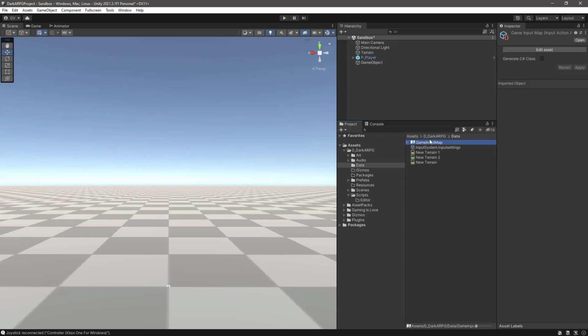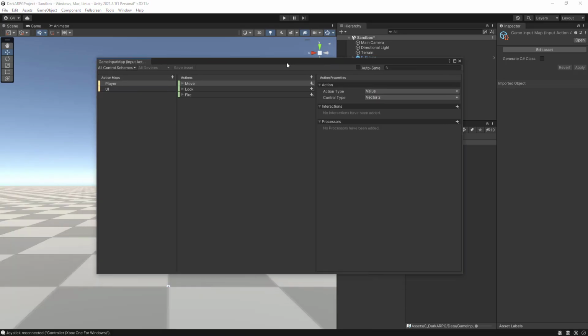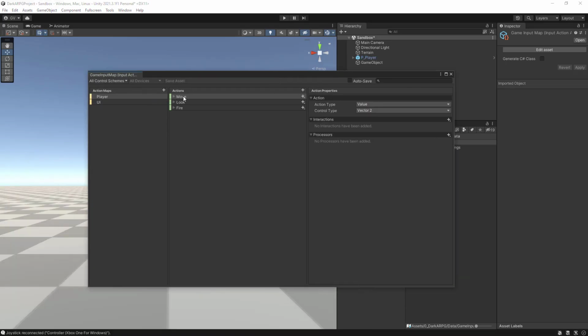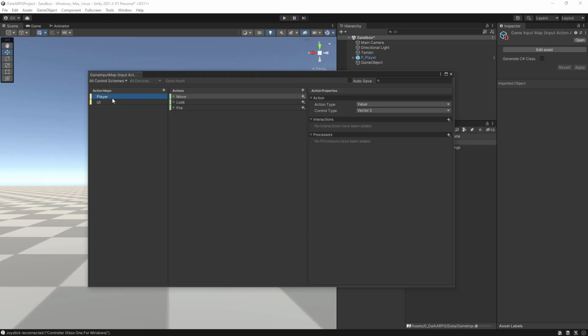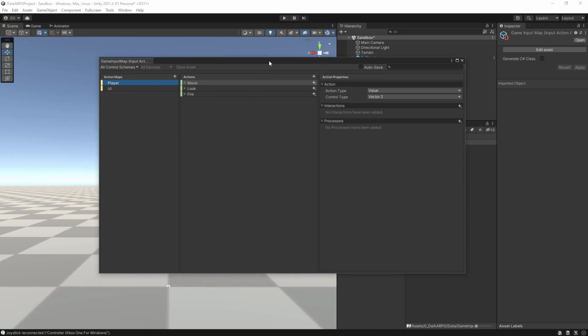So we have here the game input map. It's already open on the other screen, and as I mentioned, it is the quickest way because out of the box it will create a player action map for you with the move, look, fire and UI actions for navigate, submit, cancel. That is going to be very handy, so we don't need to recreate everything, but we are going to be a little more